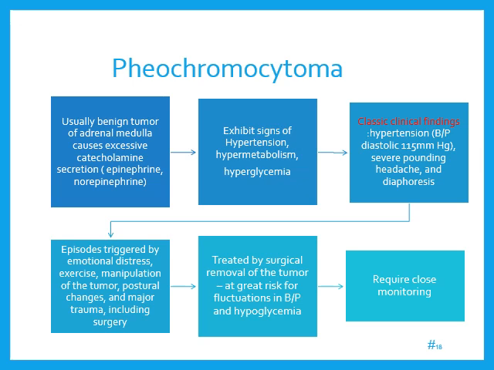You see these hormones are so sensitive to what we're doing, and that feedback mechanism, it's amazing that we remain in homeostasis, isn't it? Exercise, again, the episodes could be triggered by emotional distress, exercise, manipulation of the tumor, postural changes, and major trauma,